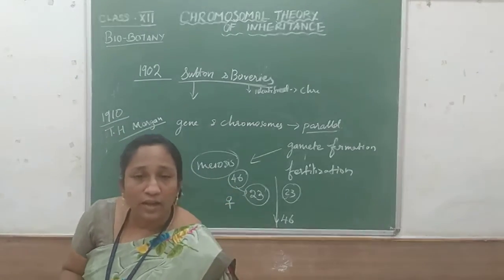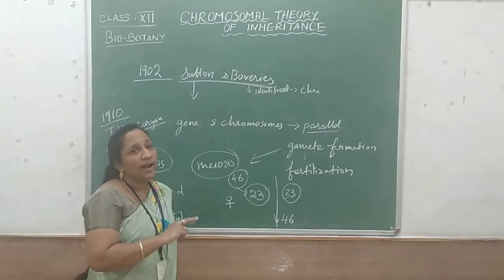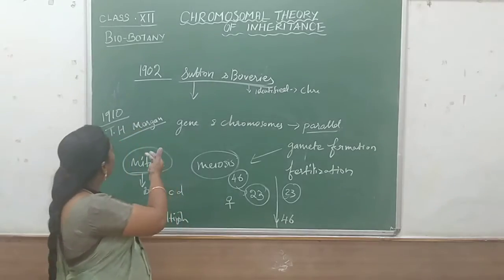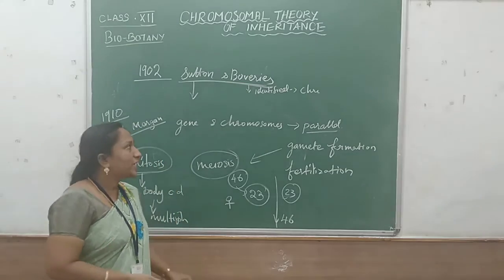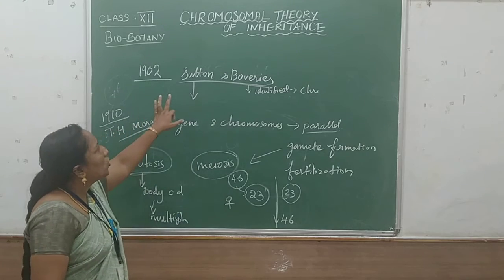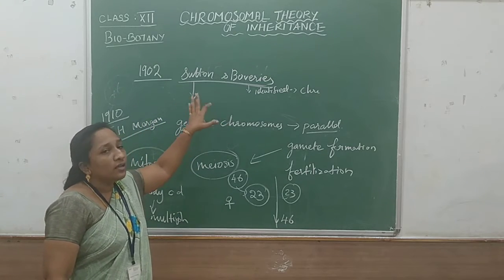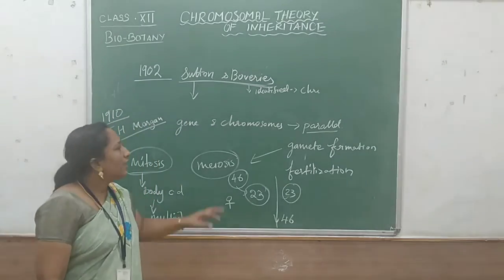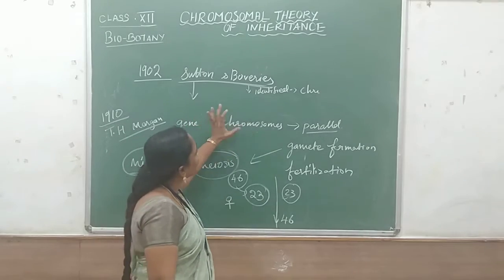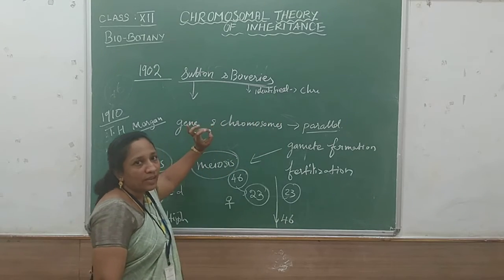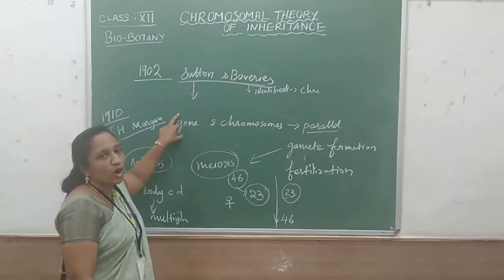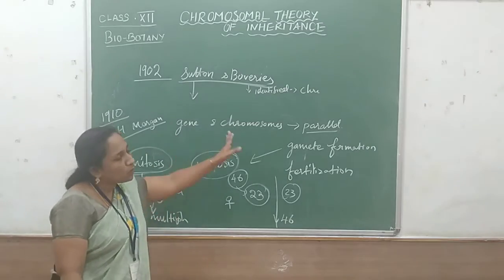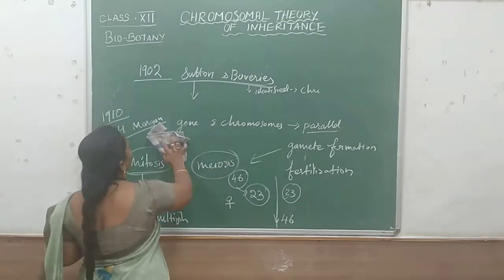Before the Drosophila, we are going to compare gene and chromosome, and then we will learn about Morgan's experiment. Up to this clear now? Who are the scientists? Two scientists, Sutton and Boveri. They gave evidence for Mendel, and their main concept is the chromosome. Their concept is that chromosome and gene is the concept of Mendel. Now we are going to learn the comparison of gene and chromosome. Then we will go for T.H. Morgan.